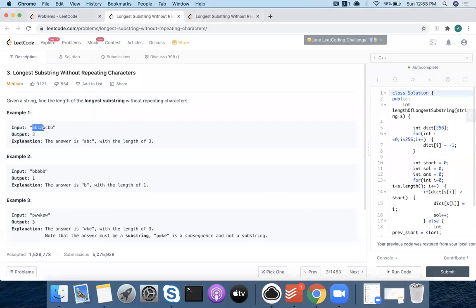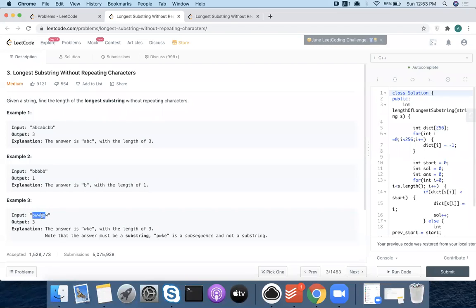The point I was trying to make for everybody else is that when you're traversing ABC and you get another A, you can't leave the whole string aside. You have to start from B because BCA is a correct substring, and you would miss out this solution. One good example is this. Here the answer is WKE. So PW, when you get W, you don't trash the whole PWW and start from K. Even if you start from K, you will get the correct answer here, but let's say this W was not there.